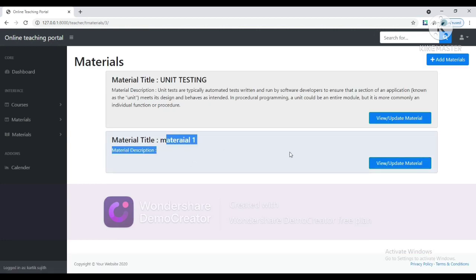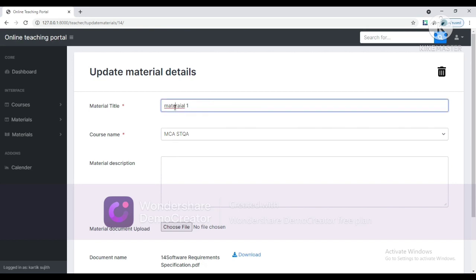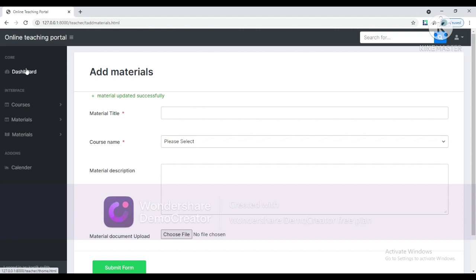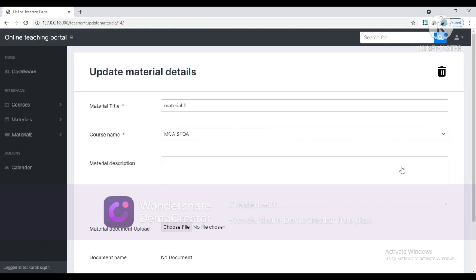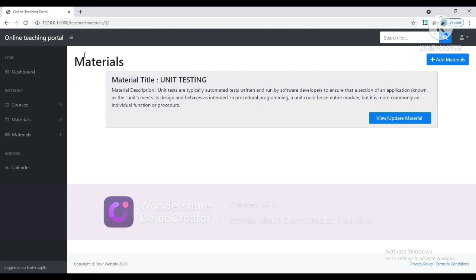Under the view course, we have got the newly added material. Sorry, the spelling is wrong. So I want to update this material. Now I wrote the material spelling correctly, and I click on update material, and you can see that the title got updated successfully. By clicking on the view material option, there is also an option called delete. By clicking on that, the material gets successfully deleted. So yes, you can see that now only one material is available.